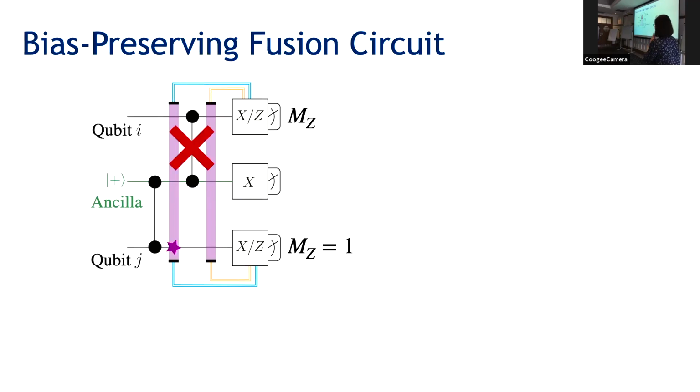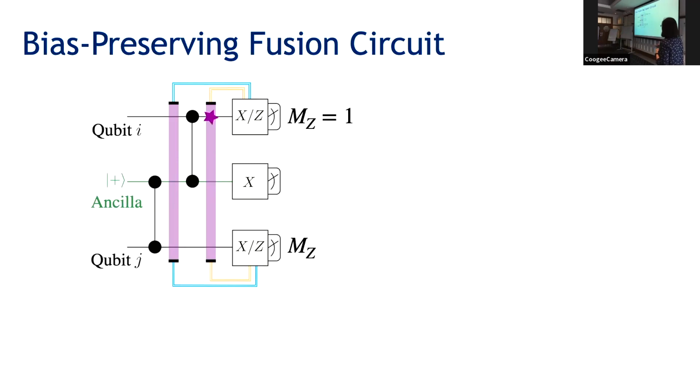Now, if I have an erasure in qubit J, if I see it there, again, I don't do the next controlled-phase gate. Once qubit J is erased, I already know that it was measured in the 1 basis. So I already know that MZ is 1. And I just measure Z on the first qubit. And I just then multiply this measurement outcome with 1, and that's my ZiZj information. And similarly, if I